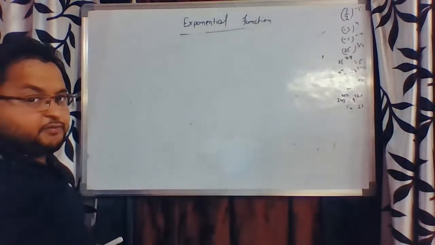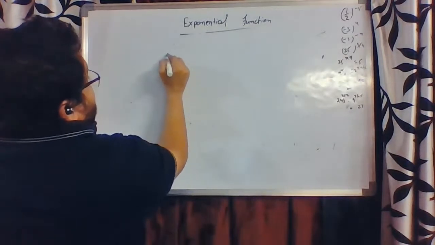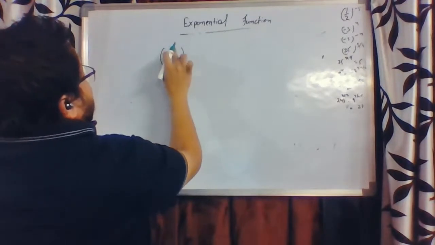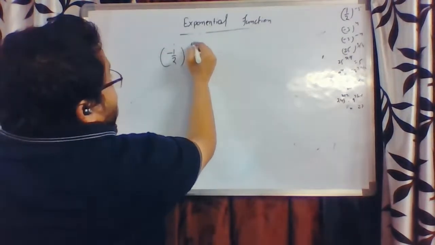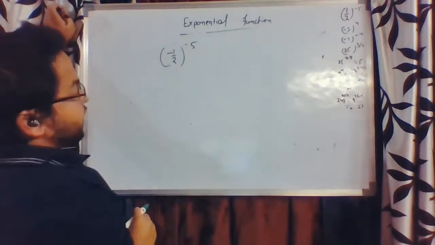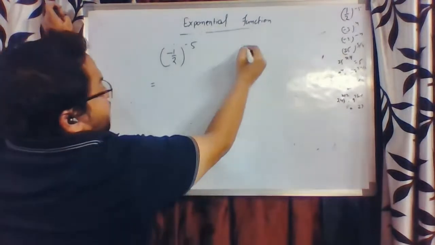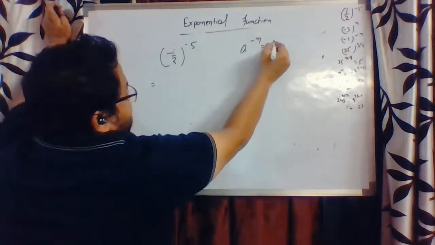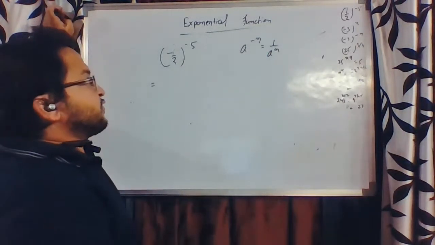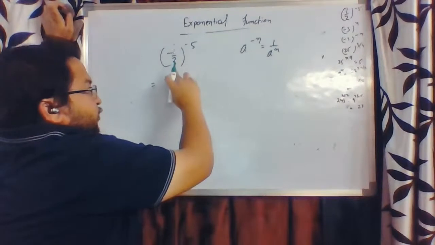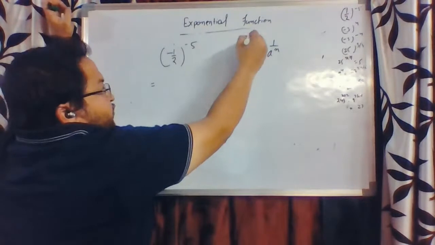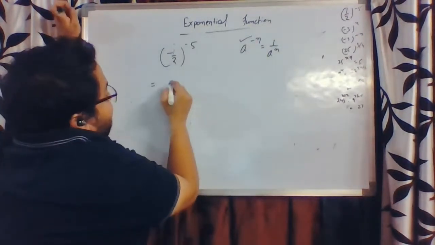So let's start with the first one: minus half to the power minus 5. The first thing is, we know a to the power minus n equals 1 by a to the power n. We studied this as one of the laws in our previous video. Raising something to a negative power is not defined by default, so obviously we use this law. Using this law, I can write this as